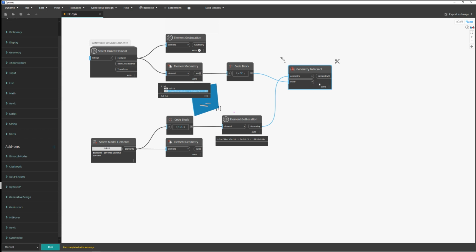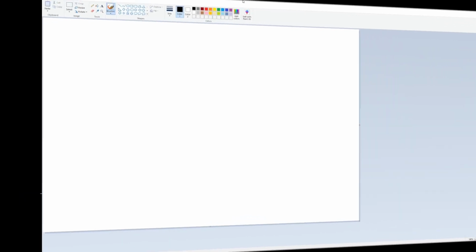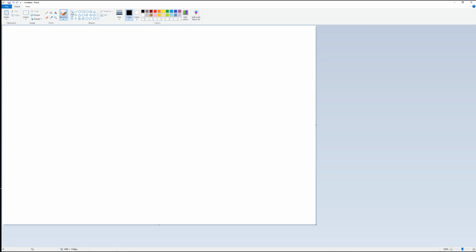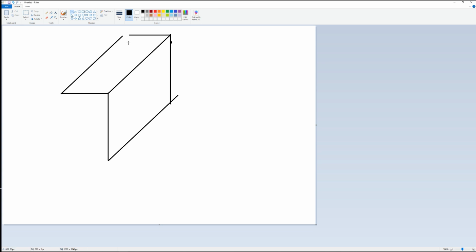Run. And what we will have as an output as a result of this node over here, I will try to draw, and I will draw some large thickness, something like that, for example. So, we want to know that thickness, and we have some MEP element going through the wall. It doesn't matter if it's a pipe, cable tray, conduit, or duct, and which version of duct,